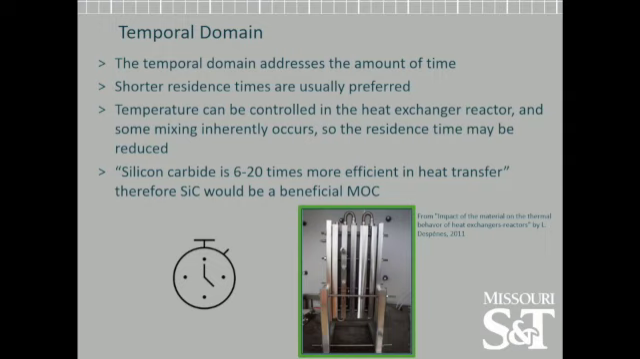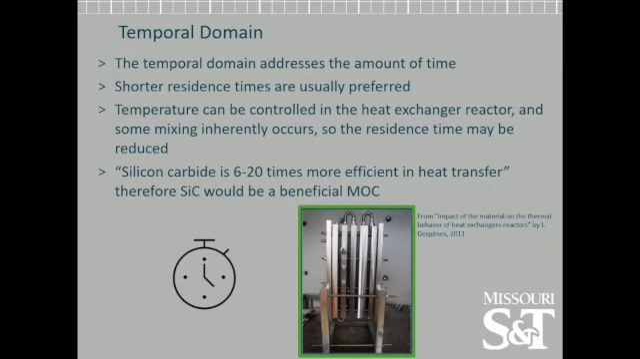So the temporal domain addresses the amount of time that it takes for the process. A shorter residence time is generally ideal for the processes because the throughput can be increased and energy consumption may also be reduced. The plate heat exchanger reactor that we will be mentioning a little bit later has excellent temperature control in the reactor, and some mixing inherently will occur, so both of those will have a positive impact on